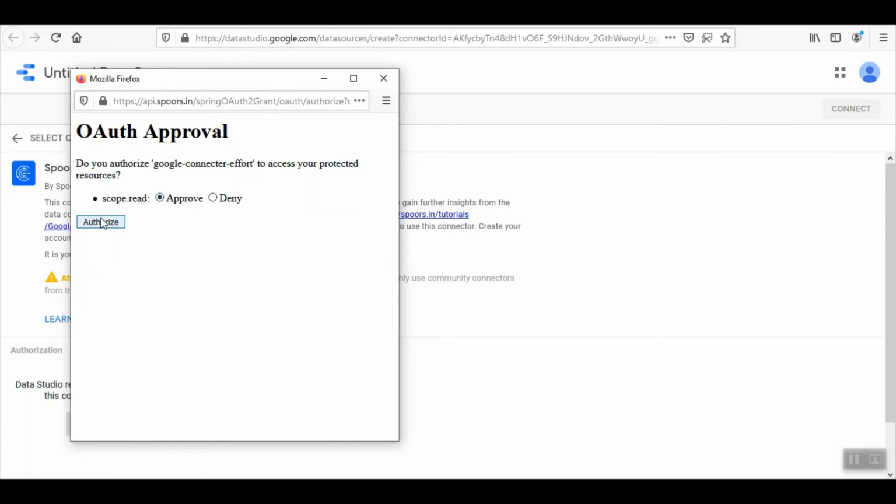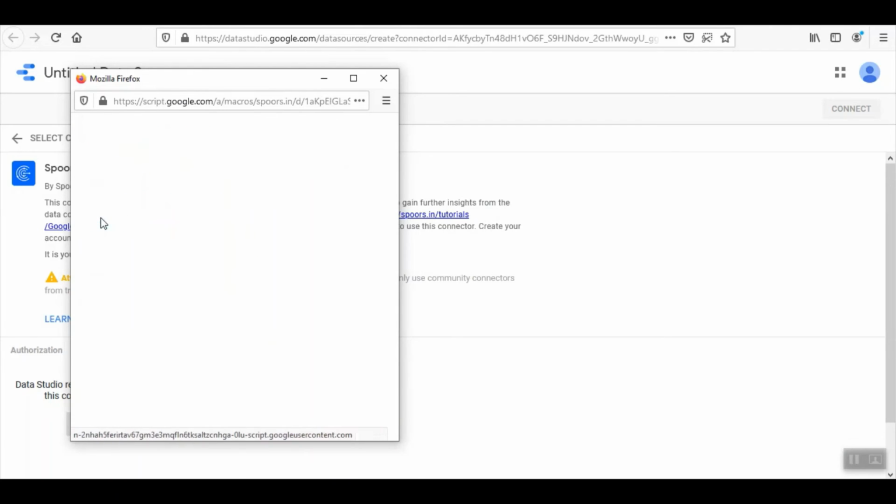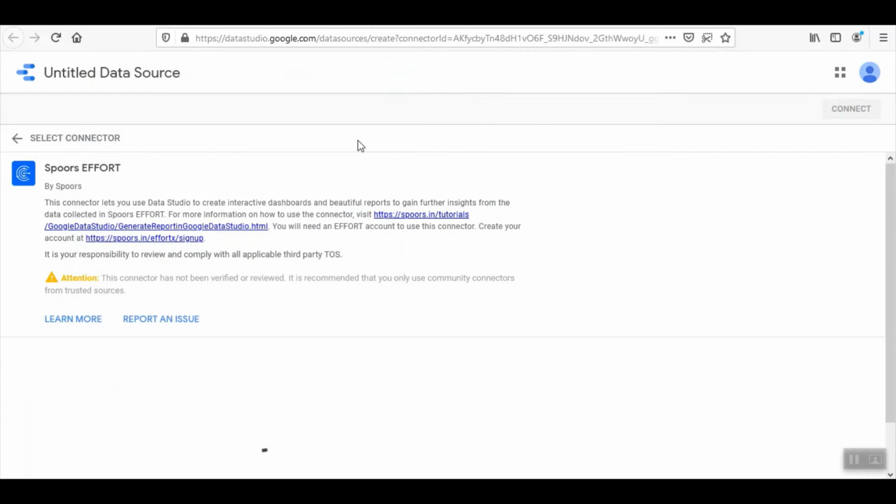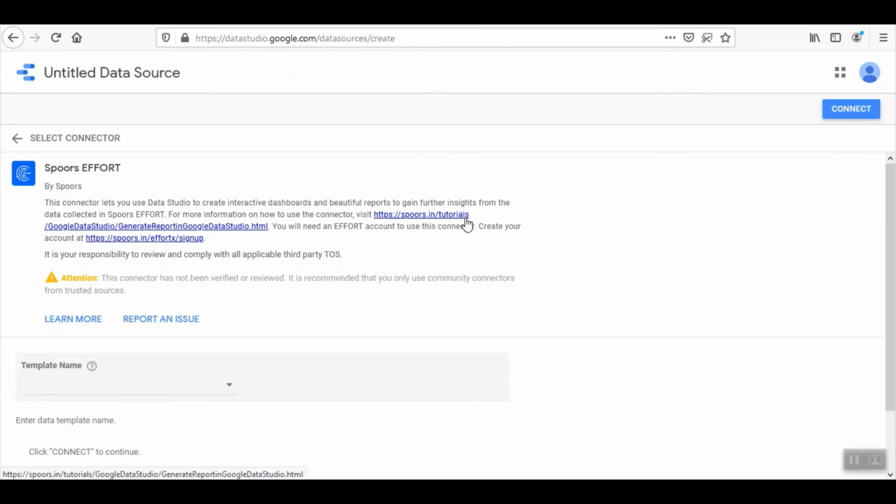Select upload and click authorize. We have done with the data source authorization part.